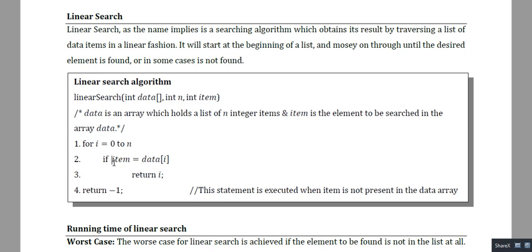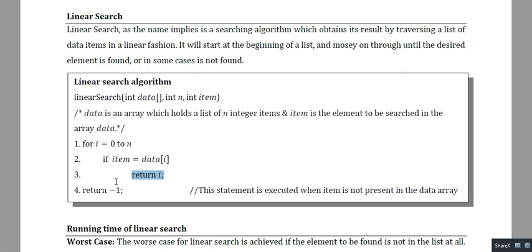So the item is not present in the list, this condition will always be false. It means finally at the end of the loop we have to come to this point, return minus 1. So return minus 1 means the item is not present in the list, or the searching operation is a failure.